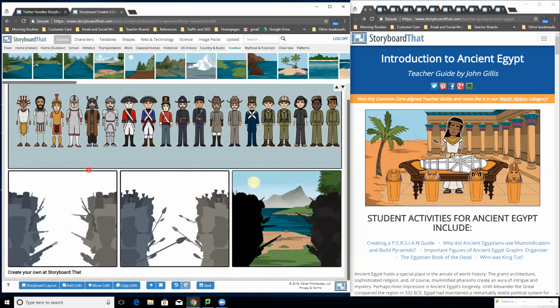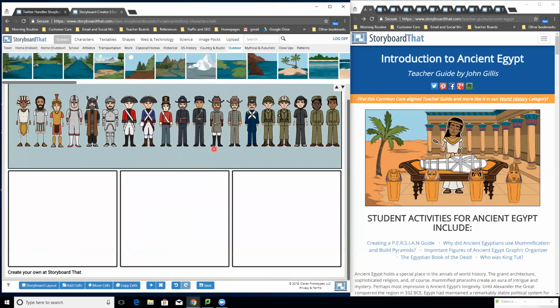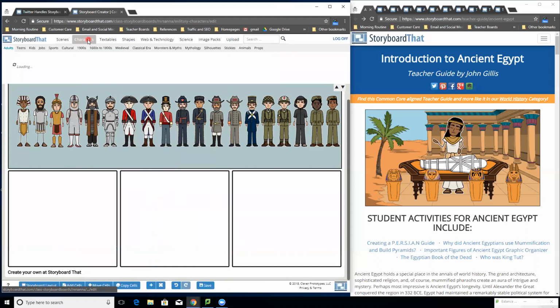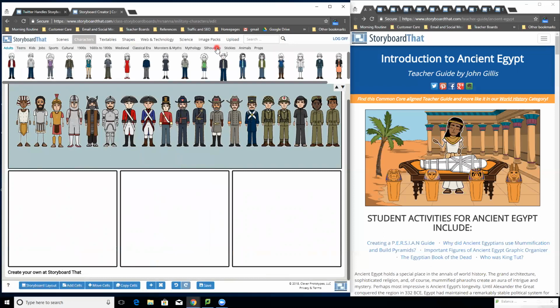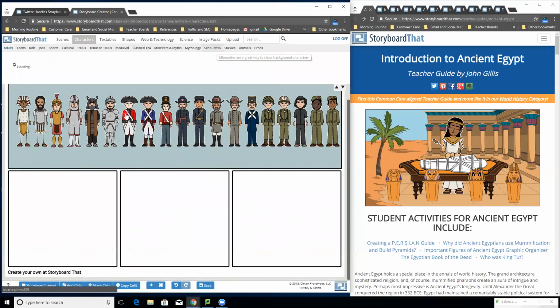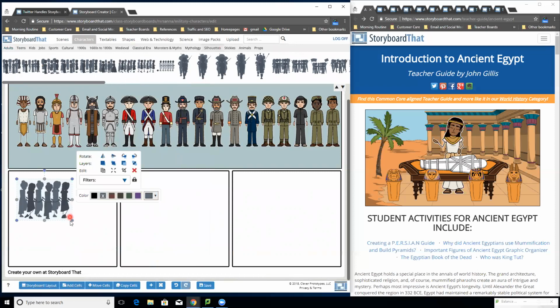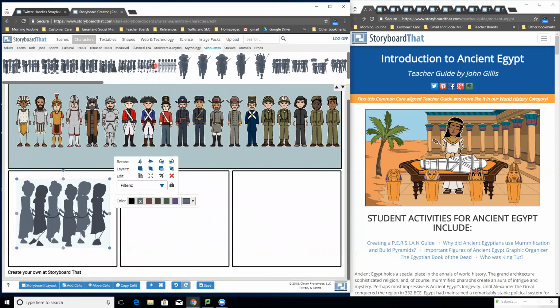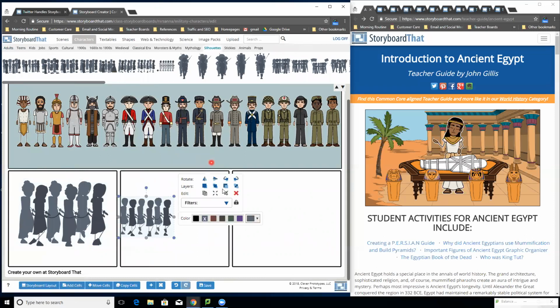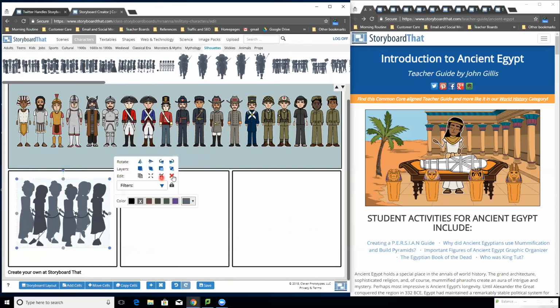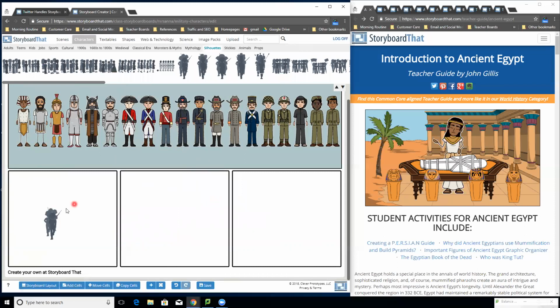Okay. Now I'd like to show a similar thing going into the characters. Under silhouettes, you may not have noticed, but we do have a wide variety of silhouettes. So right here, you can see some slaves being transported. We also have more